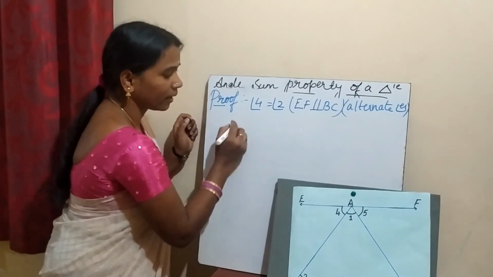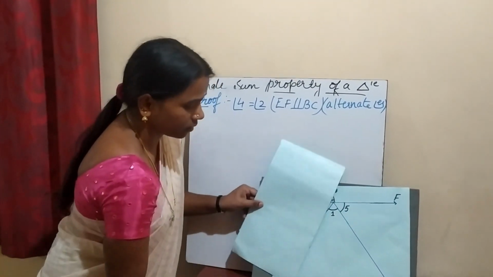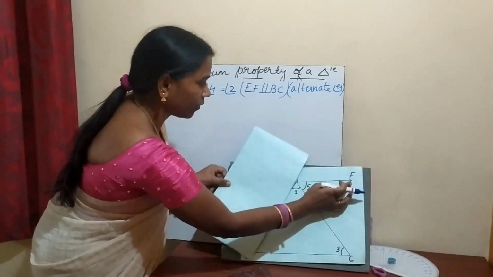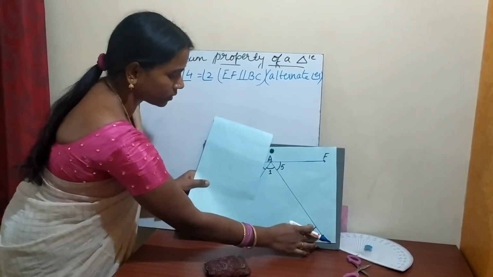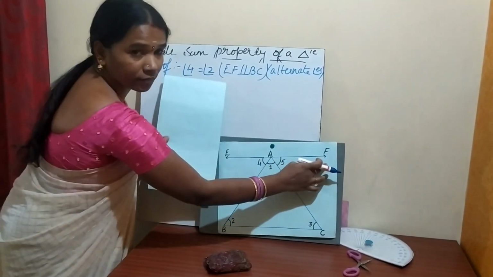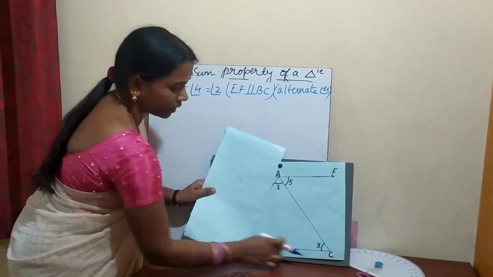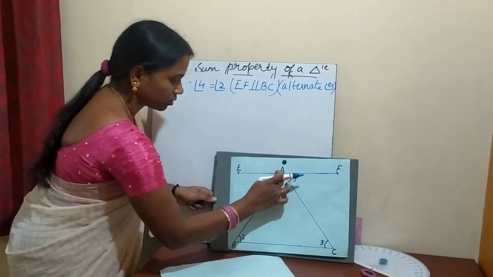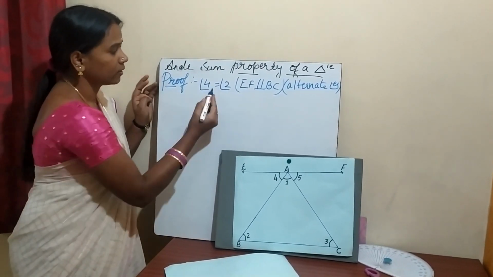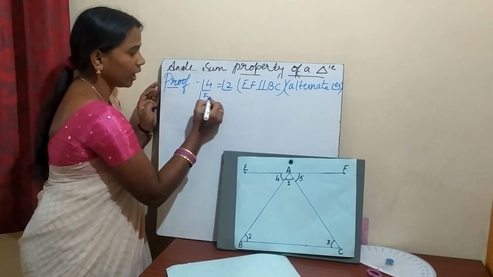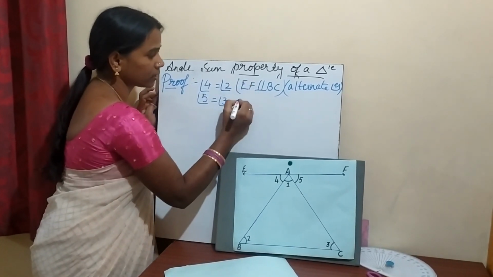Similarly, just observe. You can give these angles as angle 5 and angle 3. Now AC is the transversal over BC and EF, right? So 5 and 3 are equal. It is in a Z shape, the reverse of Z, and here also a Z shape. So that is how you can remember the alternate angles. Angle 5 is equal to angle 3, for the same reason.